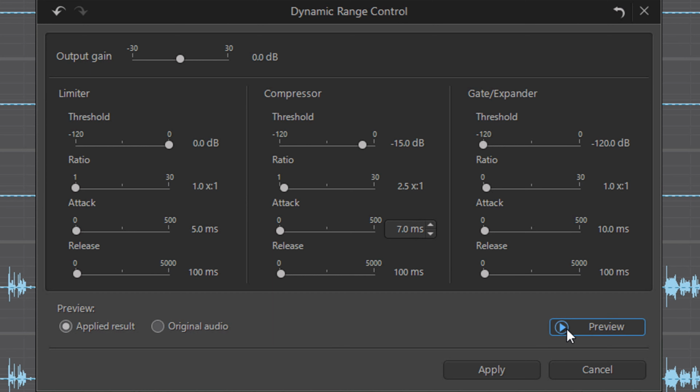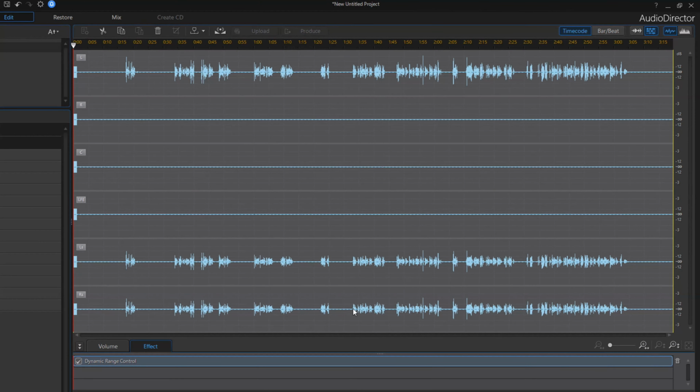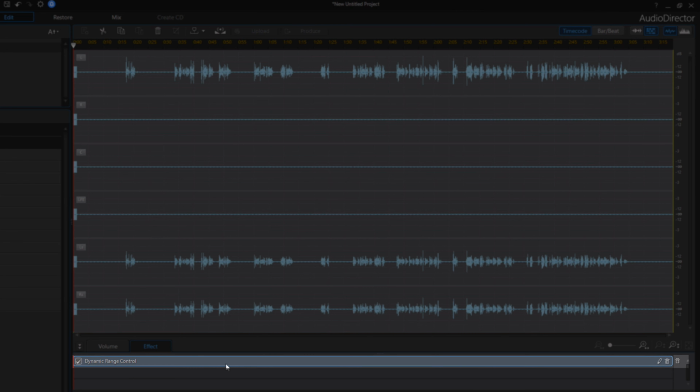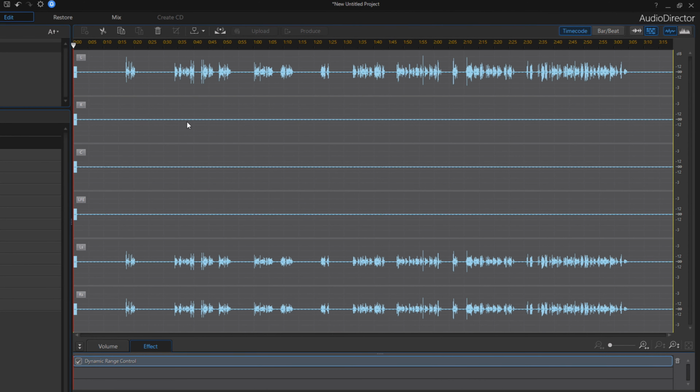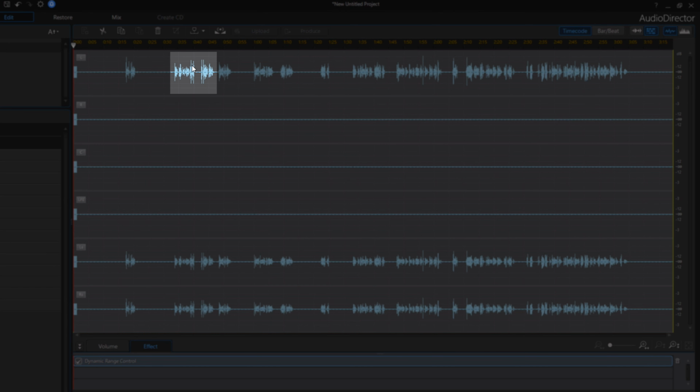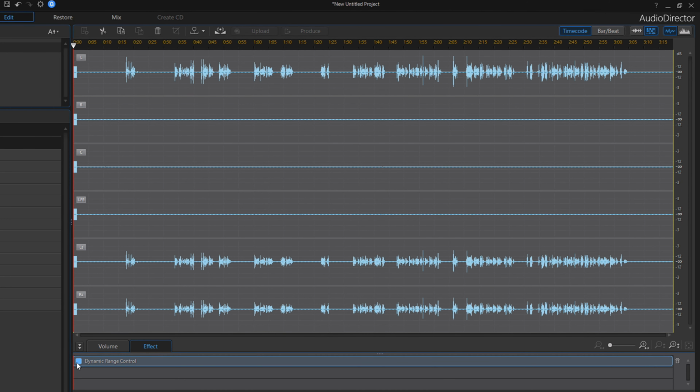So we can preview this to see how it sounds if we want to. So I'm going to click on Apply. Now, what you can see down here is that it has applied this effect. And if I were to uncheck it, so pay attention to this area here, or even these two areas here, you'll see that when I uncheck it and remove the effect, those spots go up. If I apply the effect back, they go down. Basically, it has reduced the loudness of those points in the video. So that's compression. That's what I needed done.